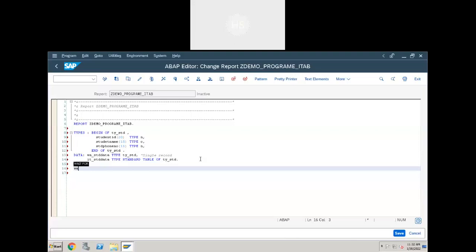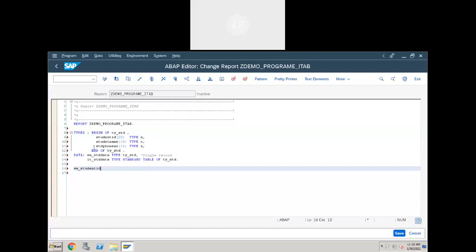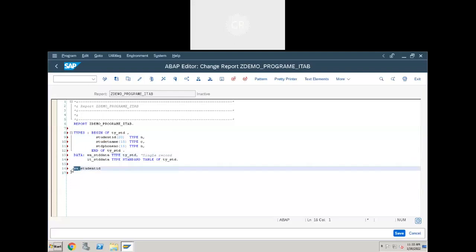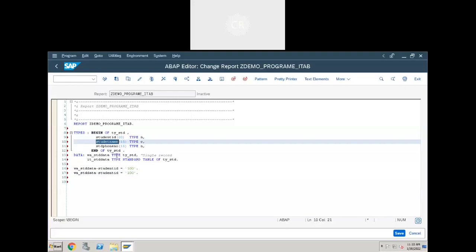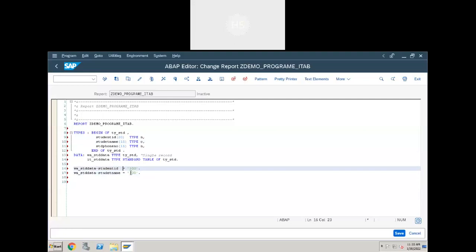Now populate the data to the internal table. Work area hyphen student ID equal to some 100. Then the name and the rest of the fields.